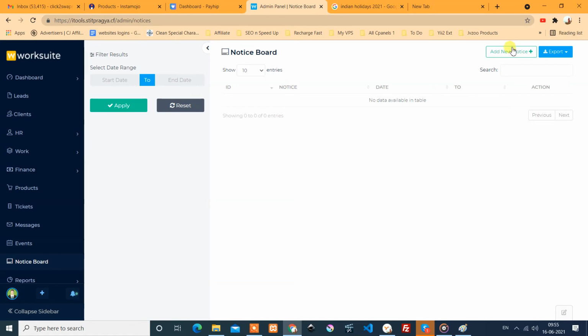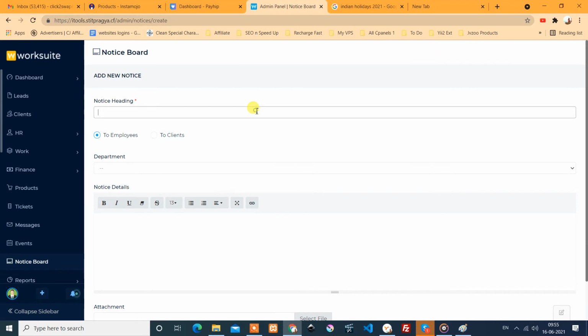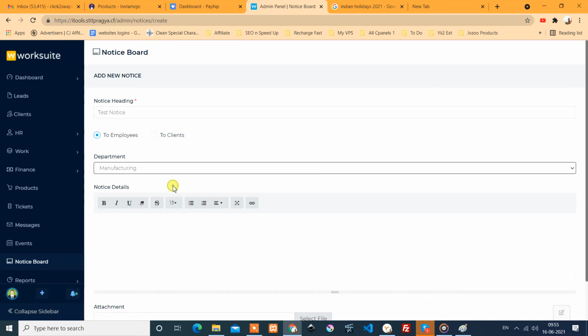Okay, so let's add some notice to the notice board. Test notice. This is for the employees of the manufacturing department. Today we have machinery.